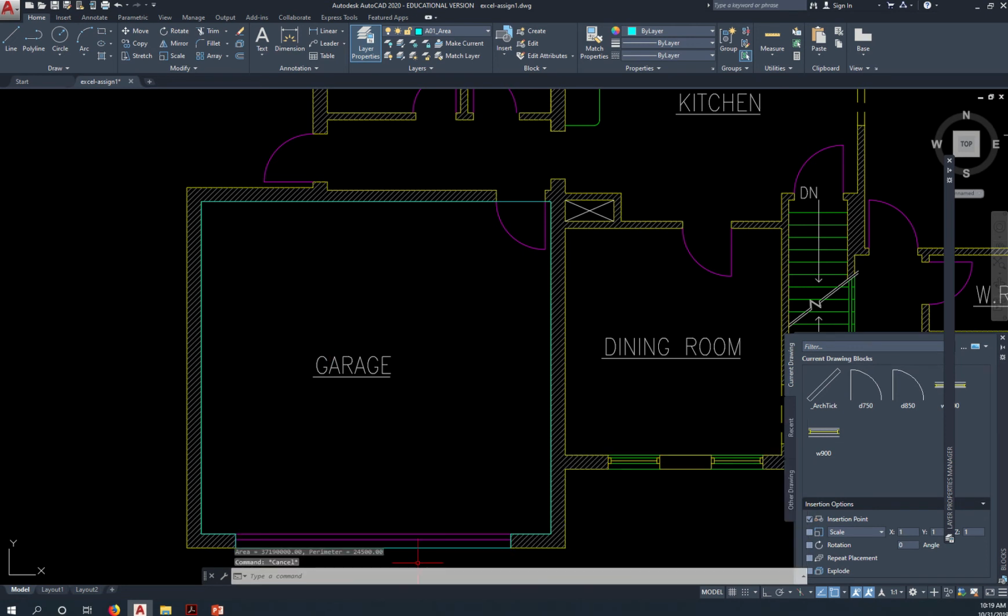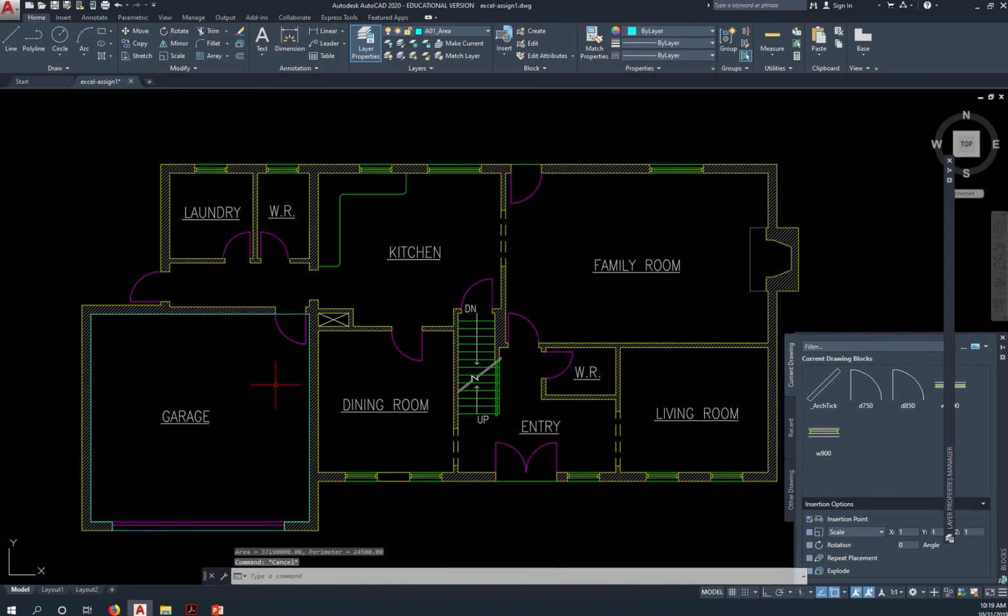Okay, so that's how we're going to do that next time. So what I want you to do is define the different areas on the first floor by creating a closed polyline. So let's say here,